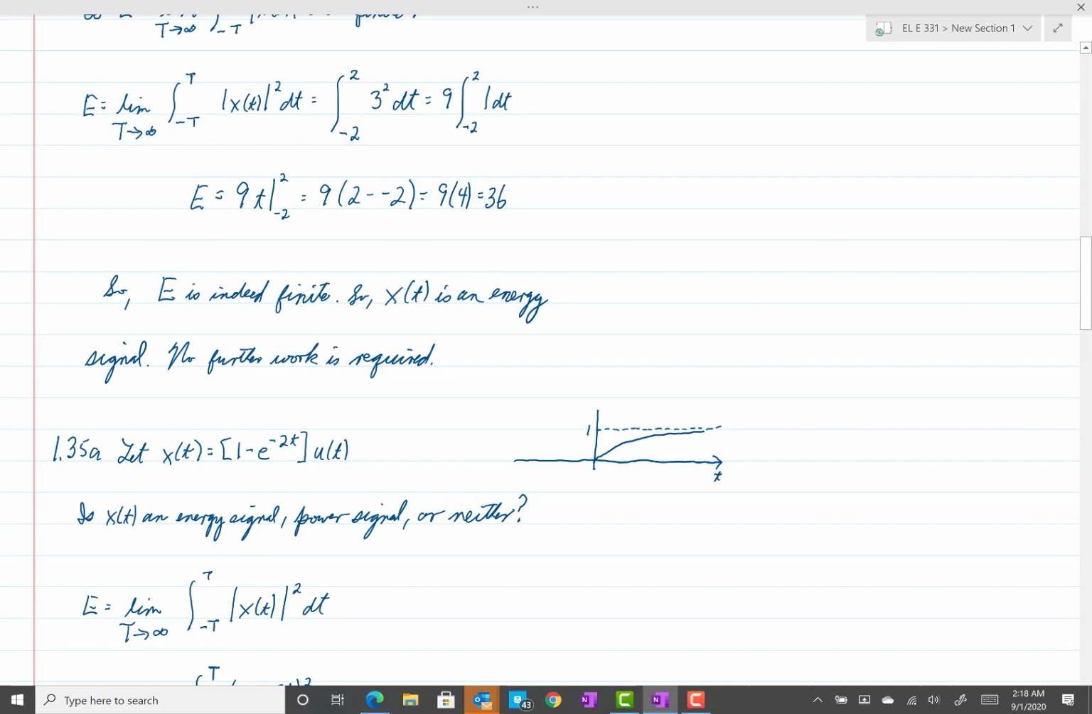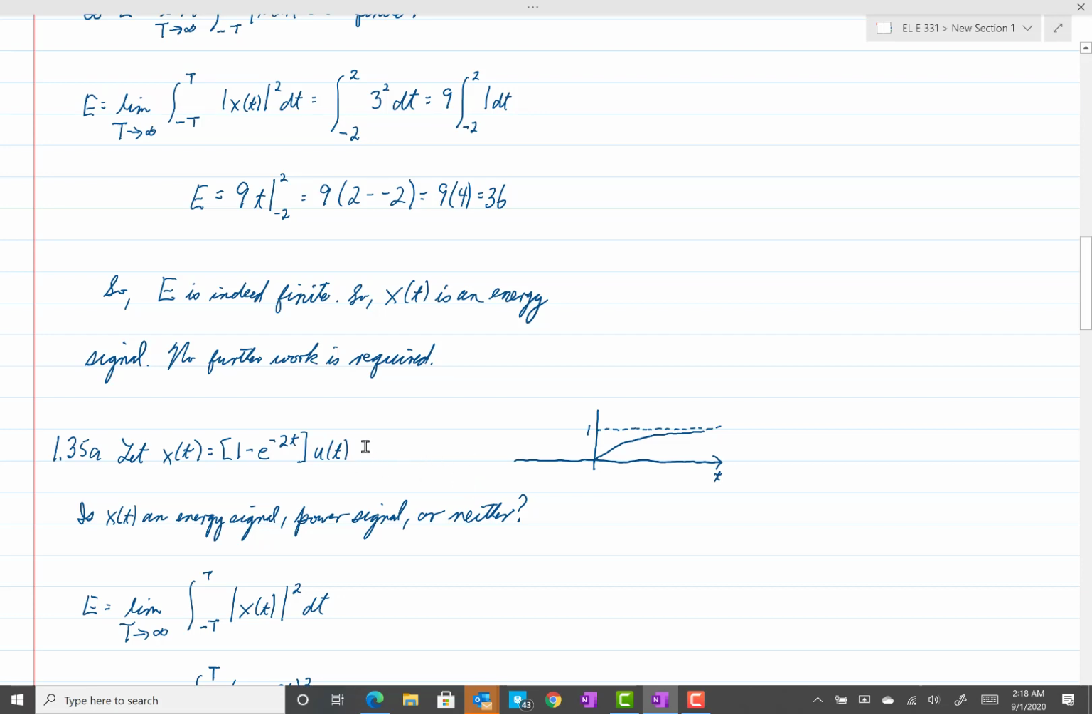Now, let's go to another problem. In 135A, we have exactly the same question, but a different function. So here, x of t is equal to the quantity 1 minus e to the negative 2t times u of t. Now the graph of that is over here, and notice what's going on here, just to make sure it's clear,